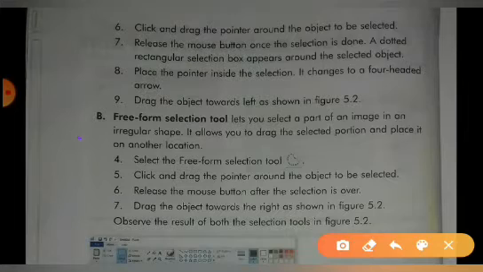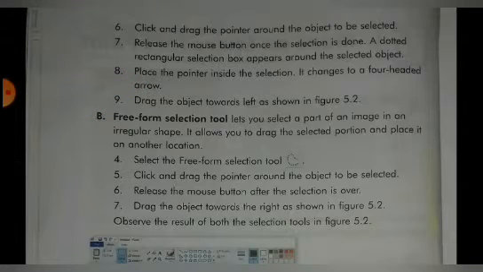When you bring your mouse pointer over the selected object, it changes into a four-headed arrow. Then click and drag the object towards left, right, up, down as you wish.